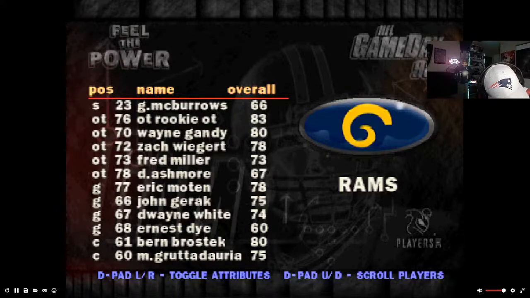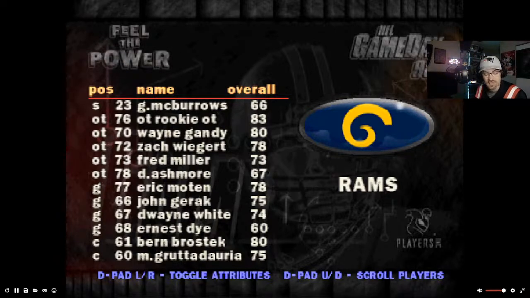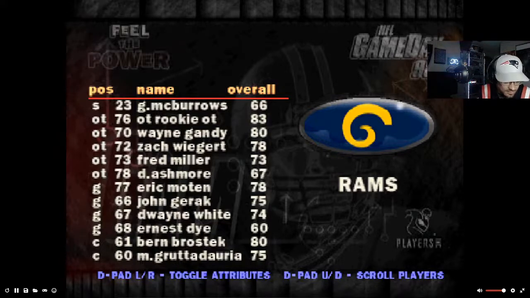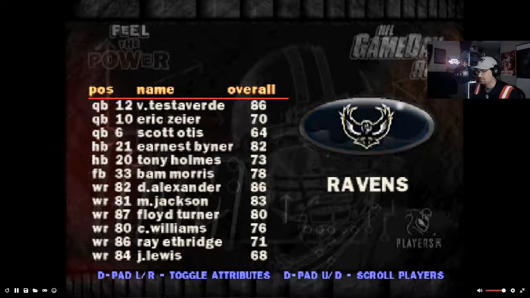Let me see real quick. Yeah, he was a rookie, obviously. But yeah, he was on this team. Orlando Pace is one of the greatest to ever play offensive line and ended up being a Hall of Famer and all that good jazz. I think he was unanimous in everything.